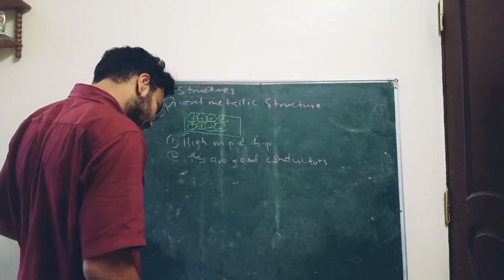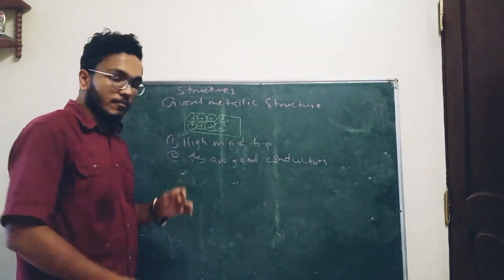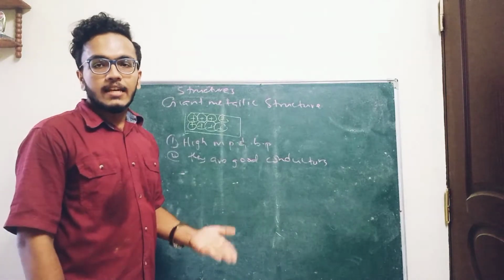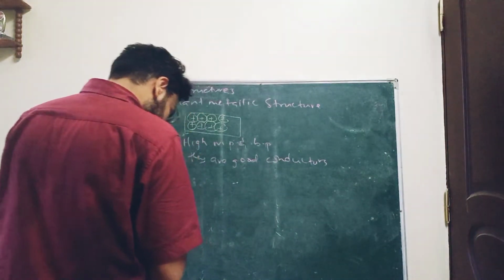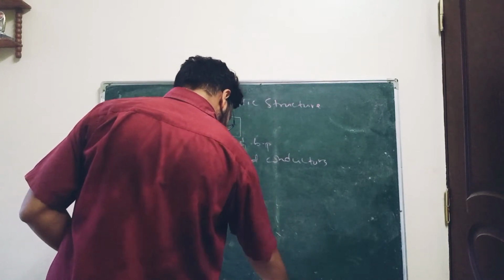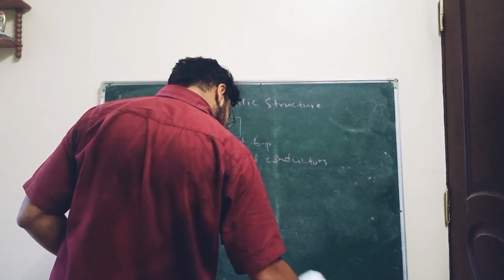They have high density and are very strong, ductile and malleable. Malleable, we said in previous lessons, means can be hammered into sheets, and ductile means can be drawn into wires. Our next is the giant ionic structure. Before that,